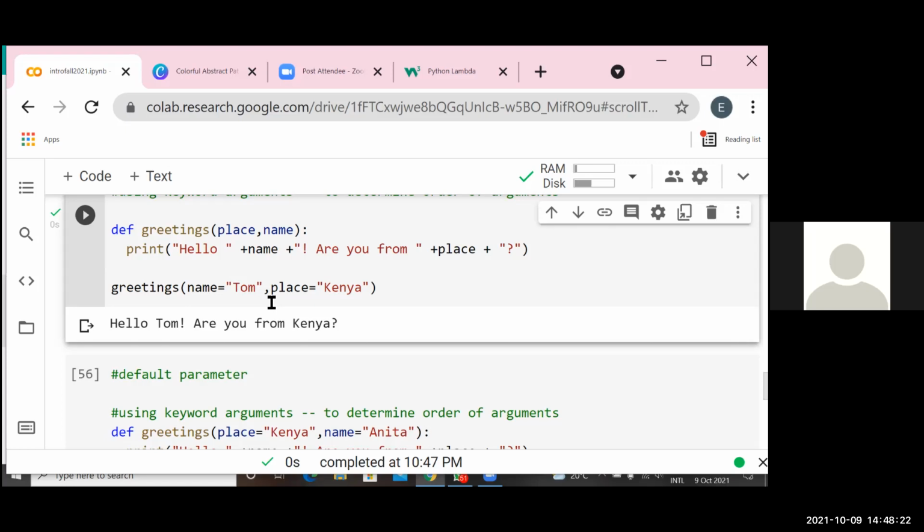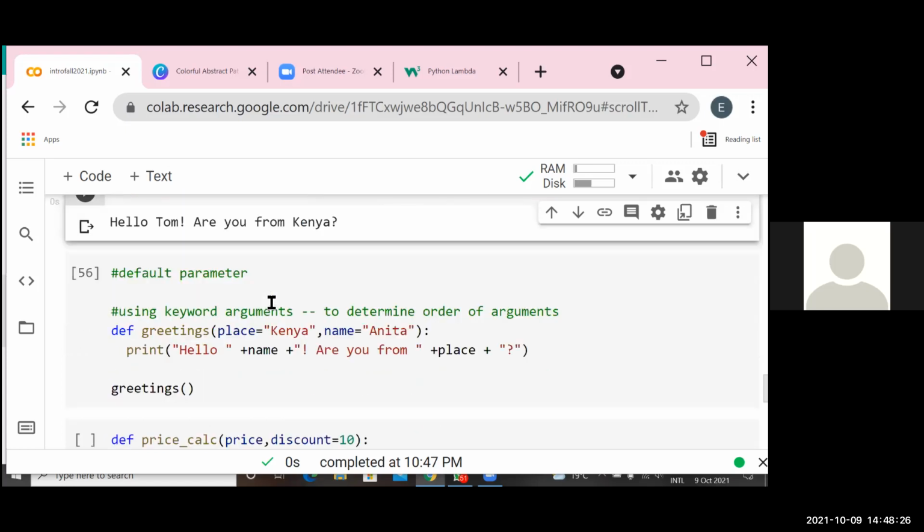So something else that we can do is give a default value, the value that it defaults to. So maybe we say default values are Kenya, the place is Kenya, and the name is Anita.